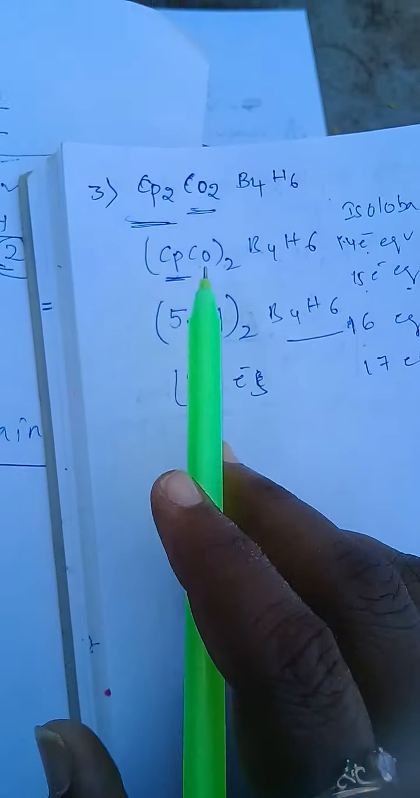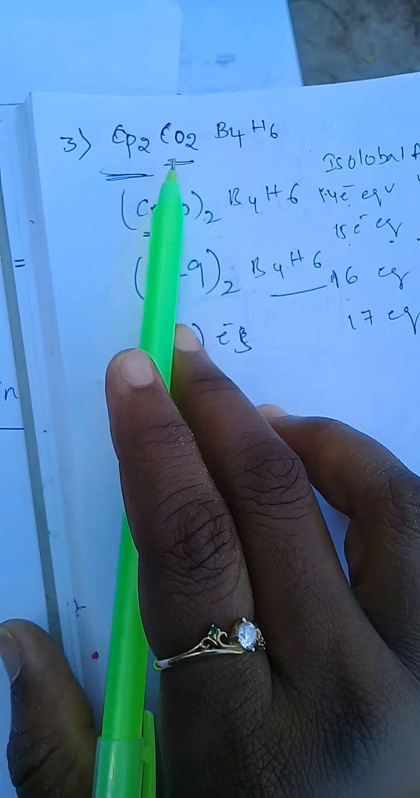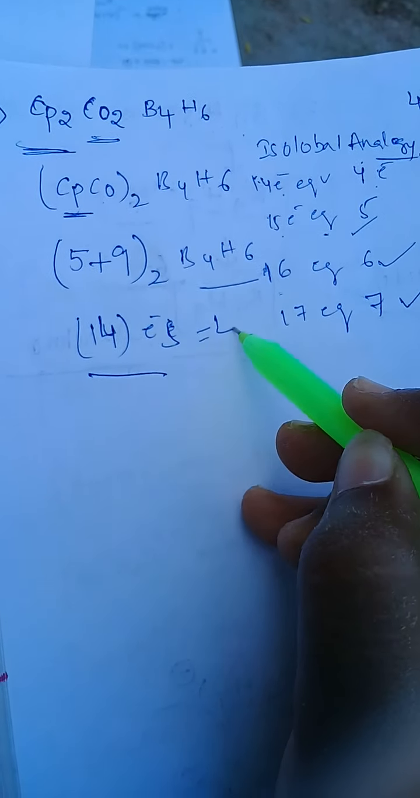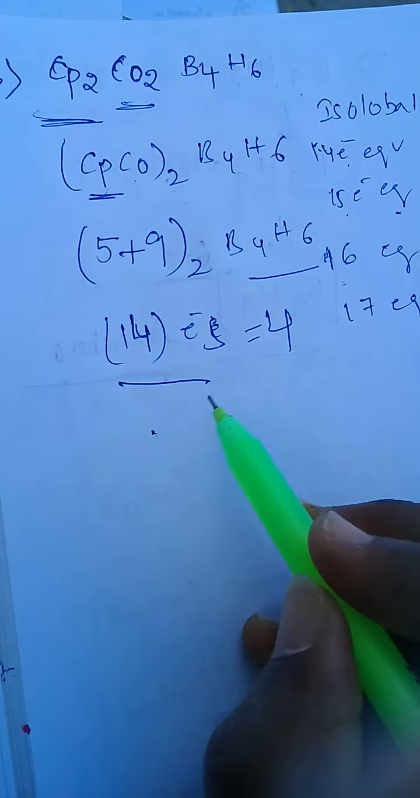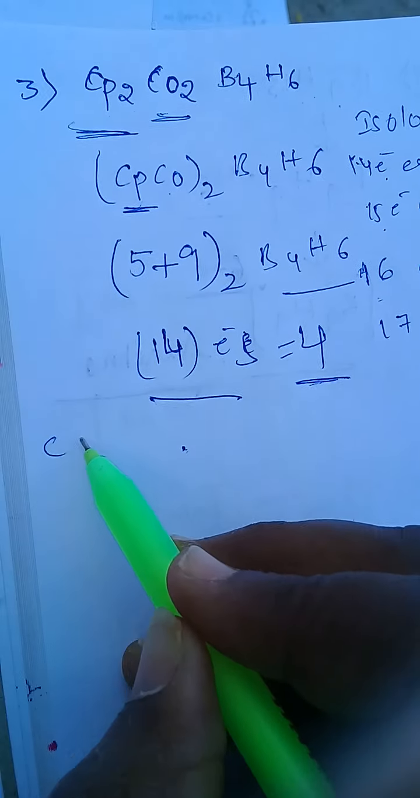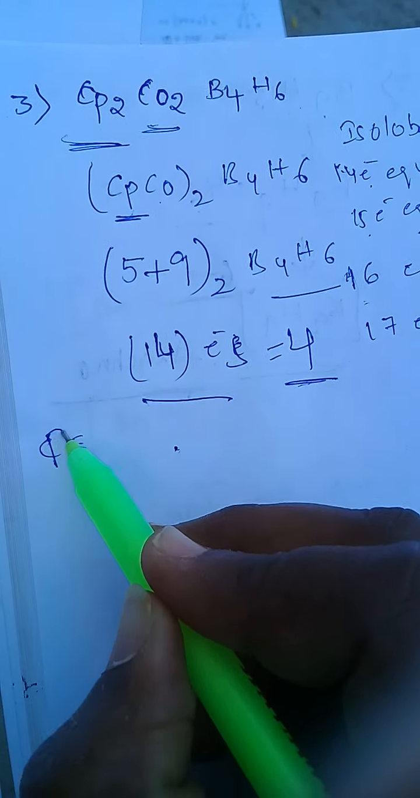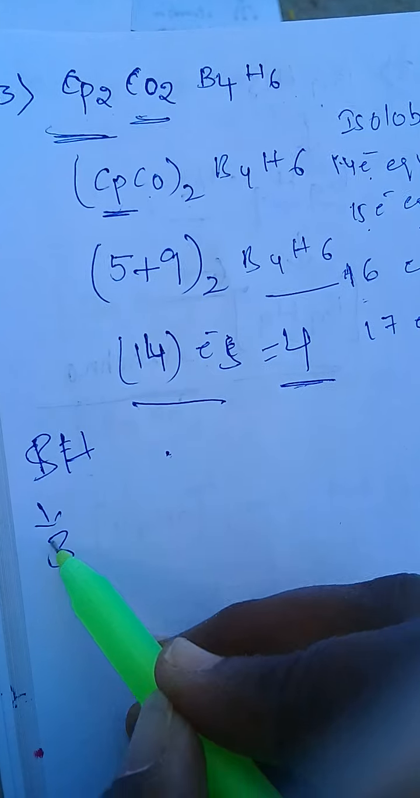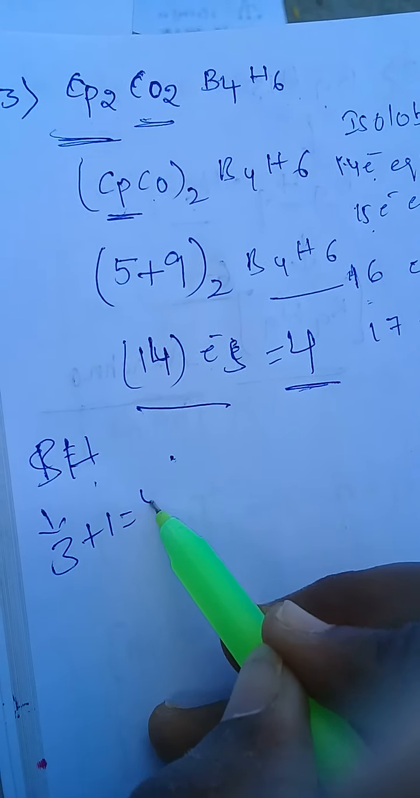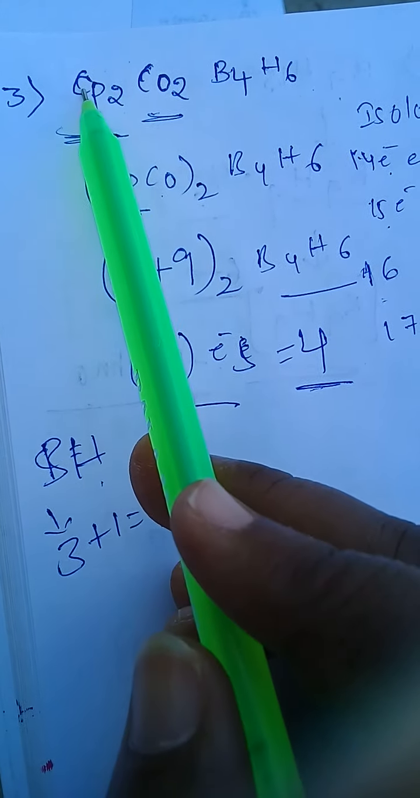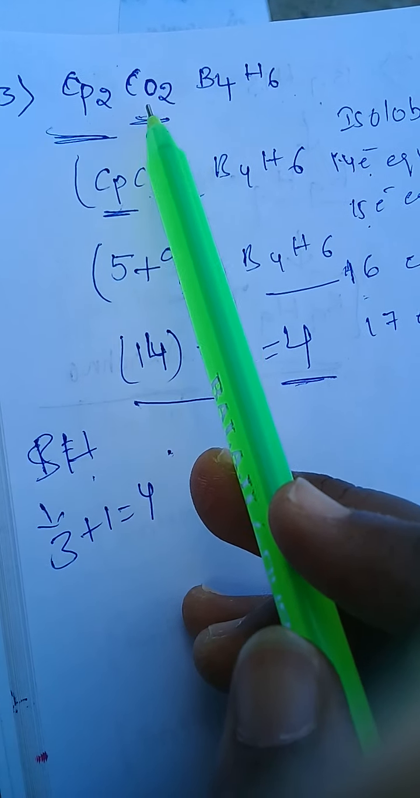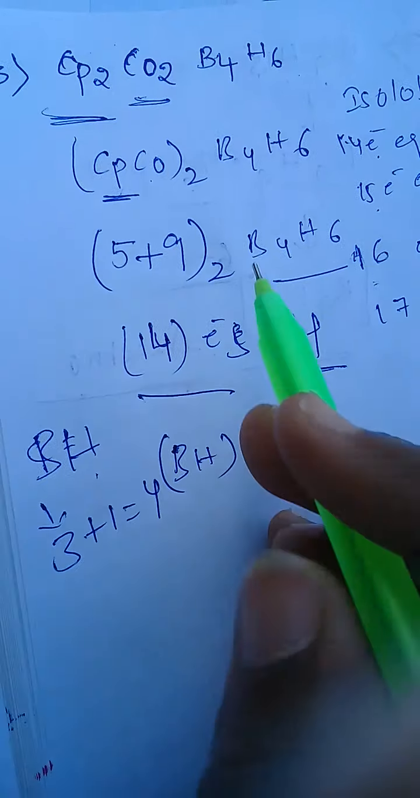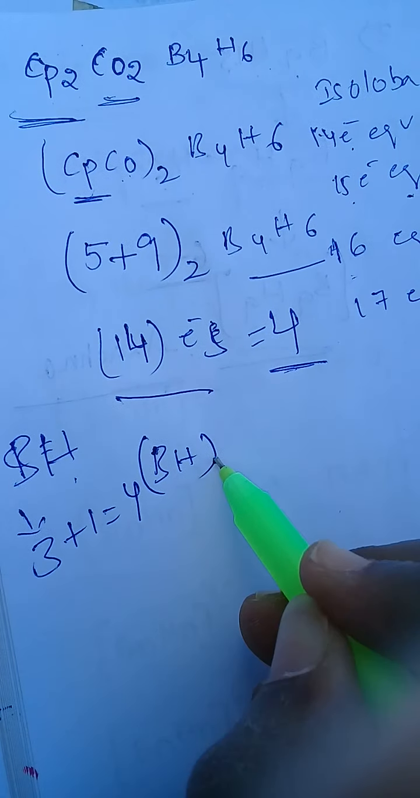See here, for cyclopentadienyl and cobalt we get 14 electrons. 14 electrons means 4 electrons. So 4 electrons means BH. BH means boron valence electrons 3 and hydrogen 1, so total 4. In the place of cyclopentadienyl and cobalt we take BH, so twice